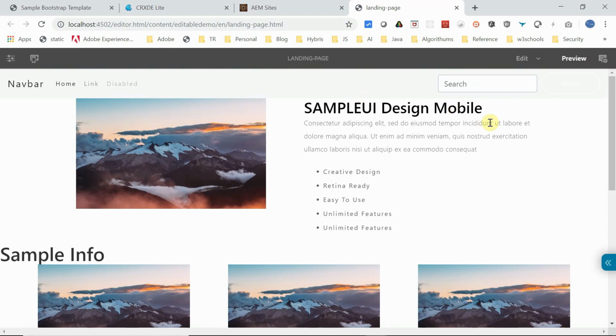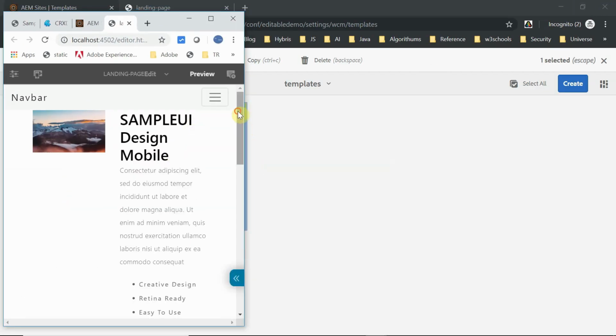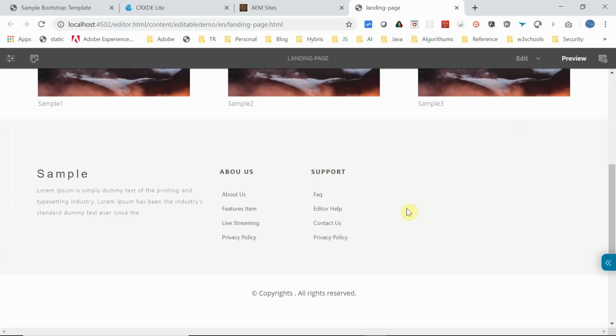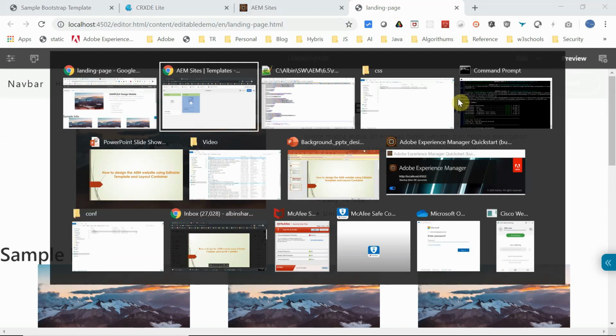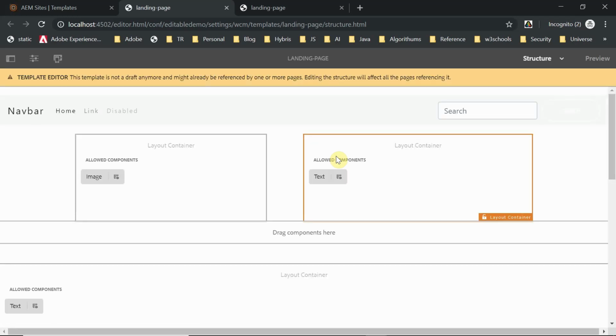Maybe there are some spaces and all that we can fix later. But one problem here is that this is not the expected response. If you come down, see this is all in the same row even for the mobile view. The desktop view is looking fine, but as I already told you, the layout grid enables 3 breakpoints by default. So we need to configure the breakpoint changes. For that, go back to the template editor here. Edit this template again. For that, you can go to the layout mode here.